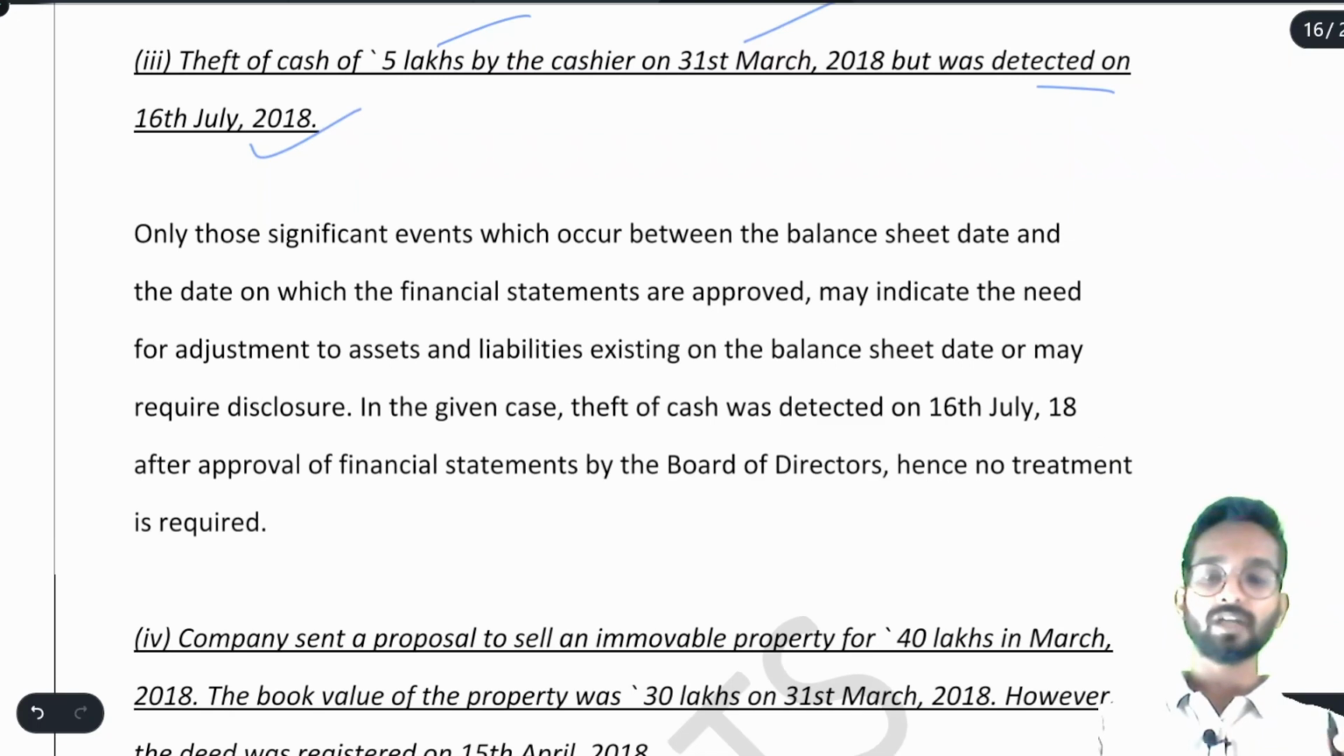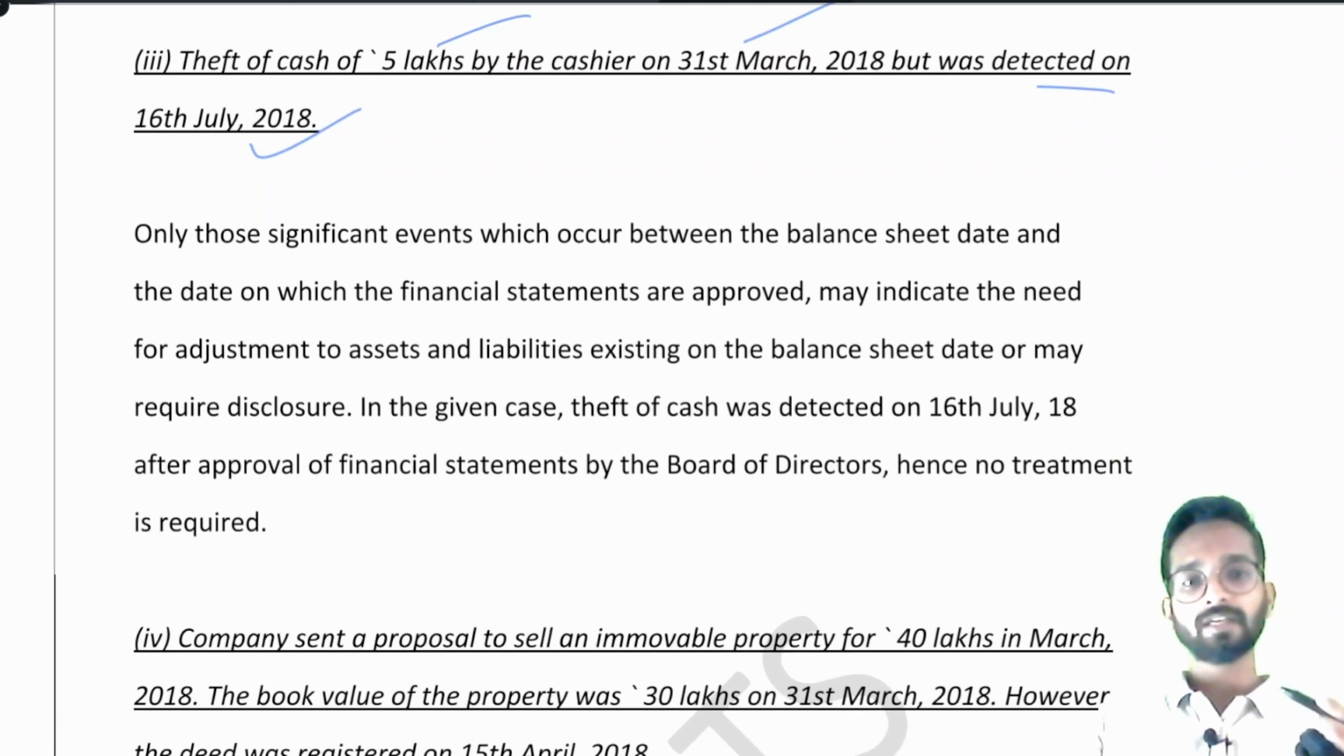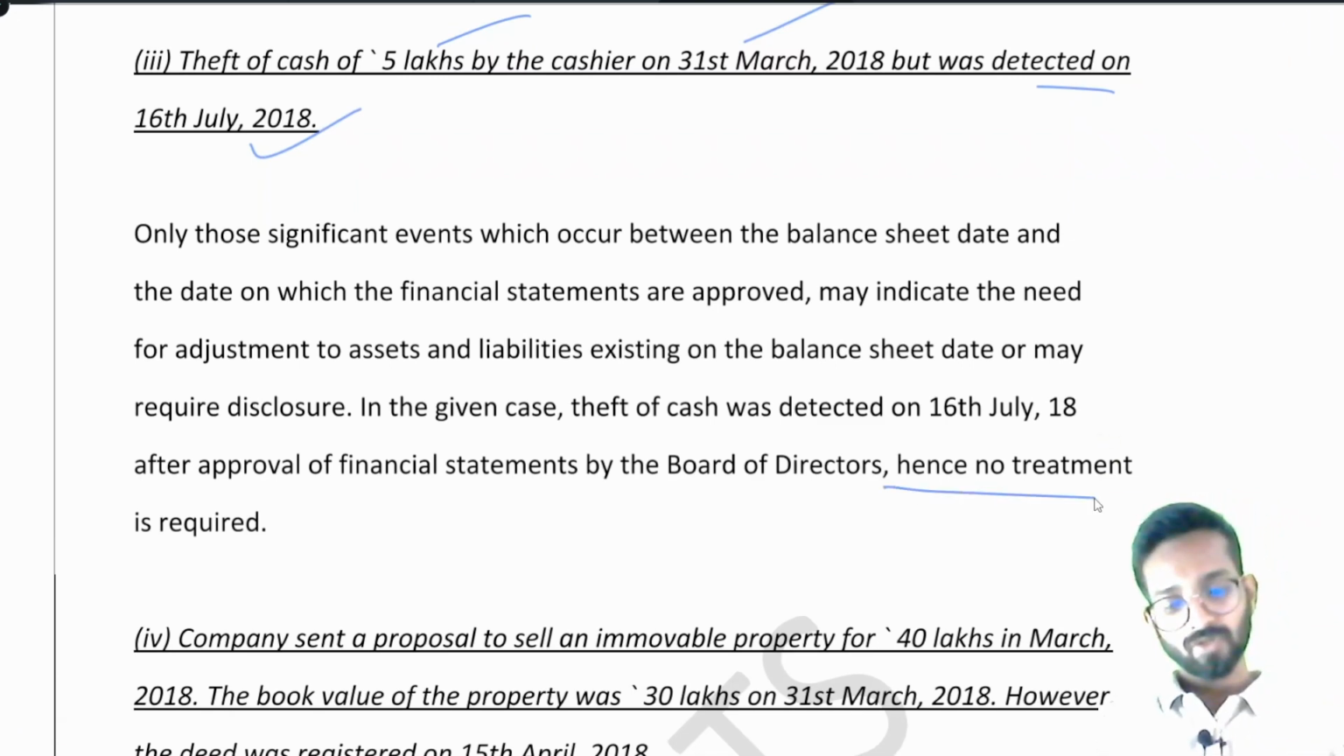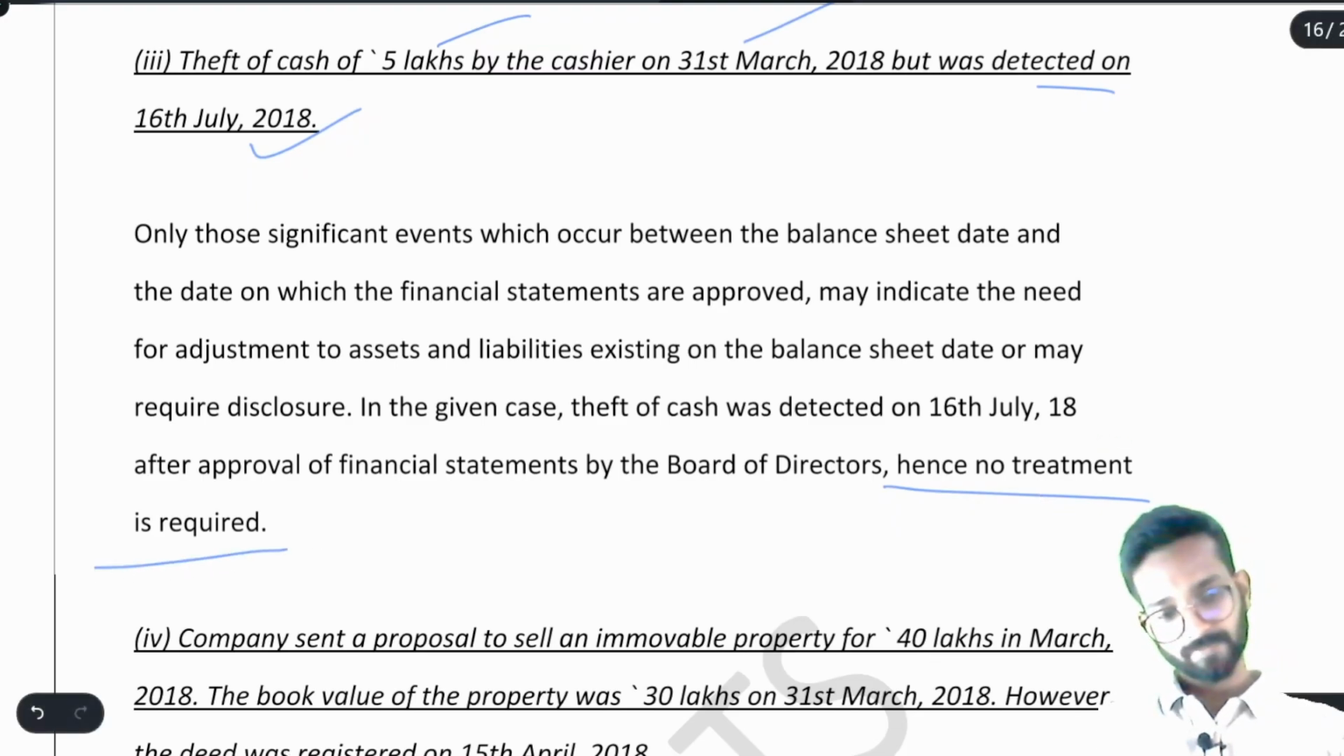There is no treatment for that because the reports, the director have already approved everything. So no treatment is required. Simple. Now,